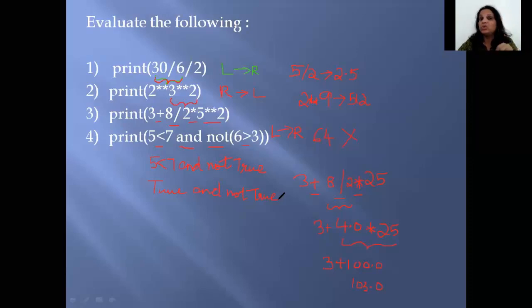What do you remember about not? It was a unary operator. It works on a single operand. So not true means what? Not of true. Obviously, you're not saying the truth. So what is it? False. So not true gives me false. And finally, what do I have to do? I have to do with a true and a false. And we had learned that the AND operator only gives you true when both its operands, the operand on the left and the operand on the right, evaluate to a true. In this, one of them is true and the other is false. So the answer of this evaluation is false.